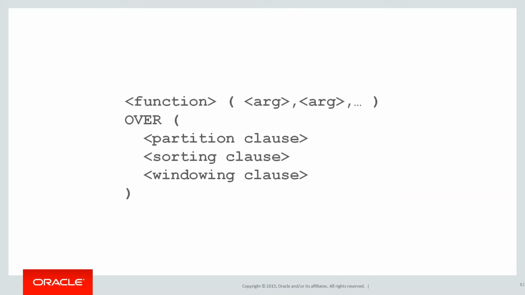But one of the cool things with analytics is what you can see there is pretty much the entire syntax, right? It literally is, that's it. There's a function that might take some arguments. As you notice, the keyword is OVER. That's the big one. That means we're using analytics. And really there's three clauses: a partition, sorting, and windowing clause. And that's it. Okay, so in this case, what were we doing? We said we were ranking the rows. So we used a function called RANK.